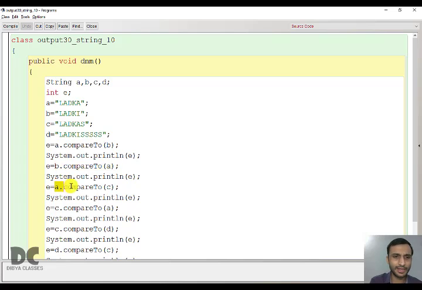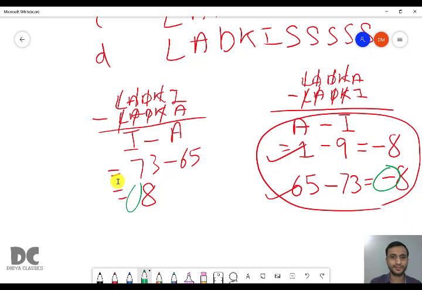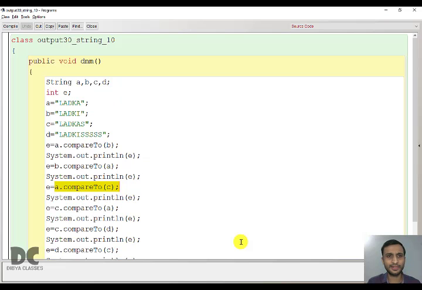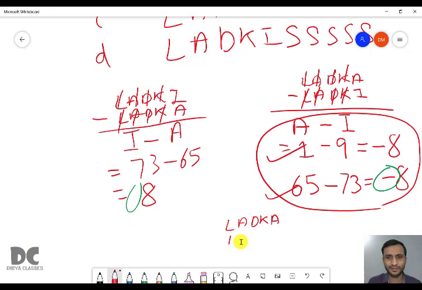Next we are comparing A with C. A we have ladka and C we have ladkas. LADKA all cancelled. In this type of case, we see how many characters are left after subtracting everything.